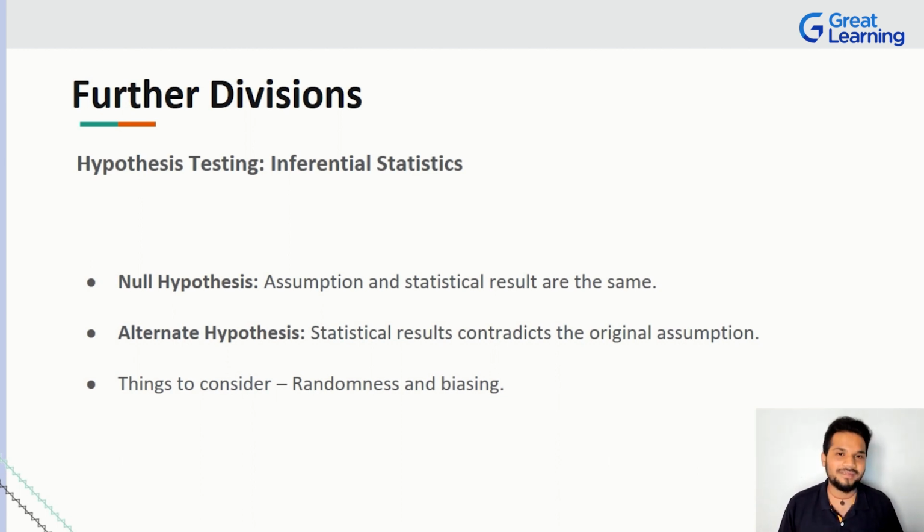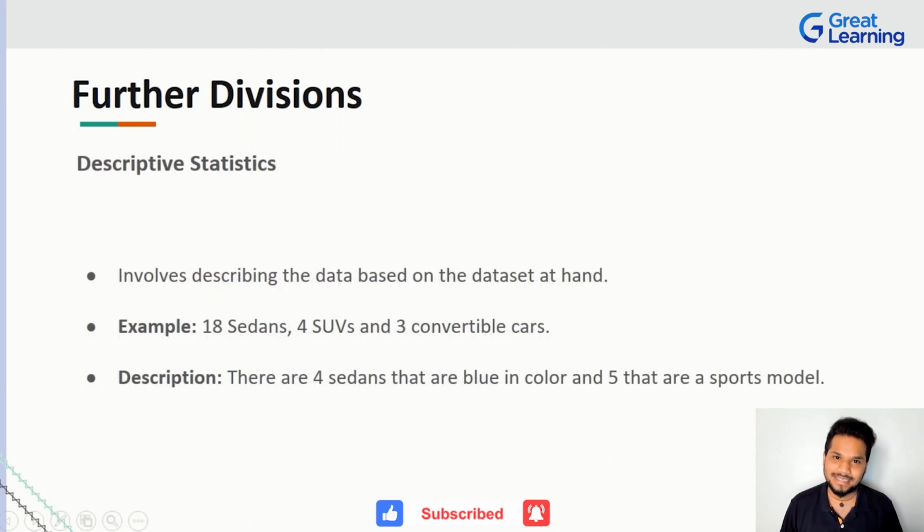as I already told you previously, you might think your data is random, but at the end of the day, if you find a way to make your data not random anymore, if you find a way to reverse engineer and come to your data and eventually say, hey, I had a formula and I just threw the formula in and it gave me the data in this order, it doesn't become truly random then, right? So randomness and a concept called biasing, where your data can shift to one or the other side, which might confuse everything done later from that point, is something you have to understand. And these are super important things which will have an effect on inferential statistics, which will have an effect on hypothesis testing as well, right?